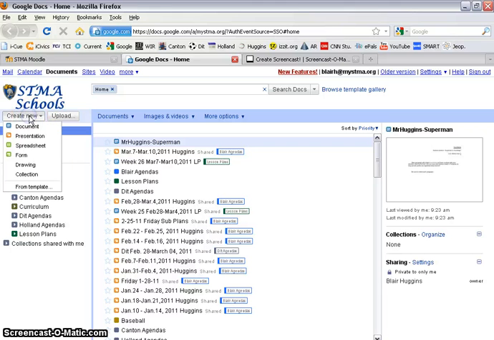Okay, but you will not have anything listed here, so you're gonna have to start a new one. So right here it says create new. You have an option of creating a new document, which is the same thing as a Word document, just like Microsoft Word. Presentation, which is kind of like a PowerPoint. Spreadsheet would be like Excel, and then there's a couple other options here. Okay, you'll want to use document. Okay, and once you choose create new document,